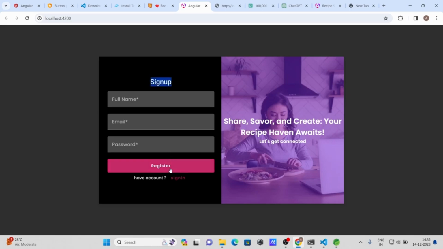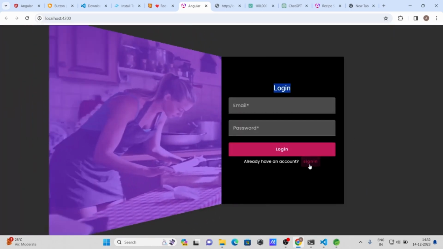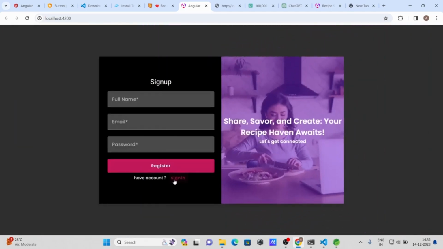Here you can see the sign up form, and if I click here you can see the login form. So this form, guys, we are gonna implement. It's this beautiful form. So for this what I can do is